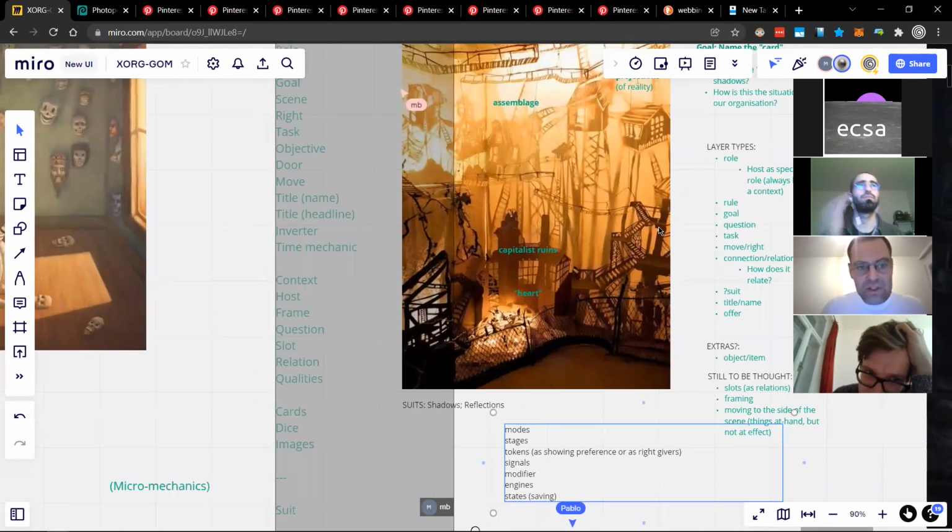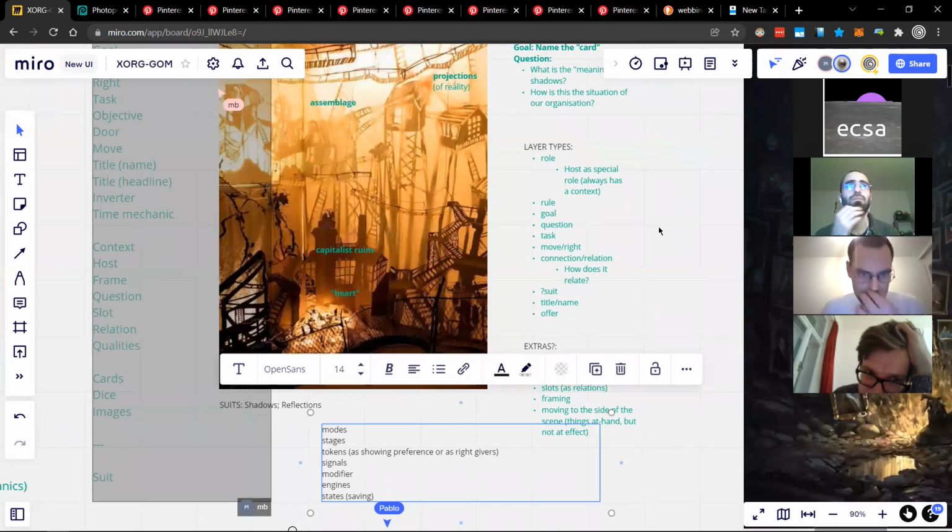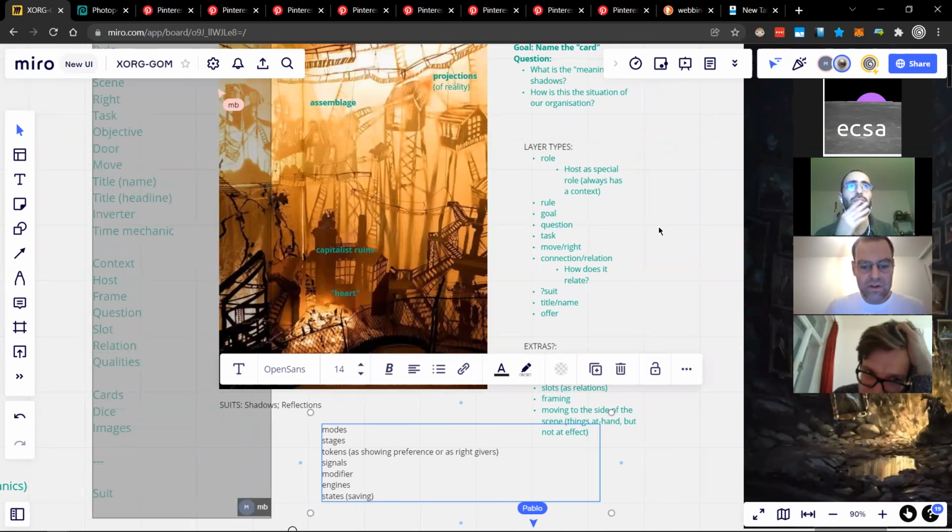So Pekko, should we just cross-check what we have now? Maybe if I start, I have the role, you have the role. Then you also have the host in there, which is kind of special, but the practical example was what happened to you when you became the host of the time mechanic, which I think is a very useful thing to have.